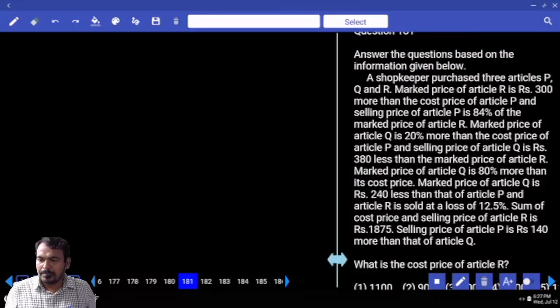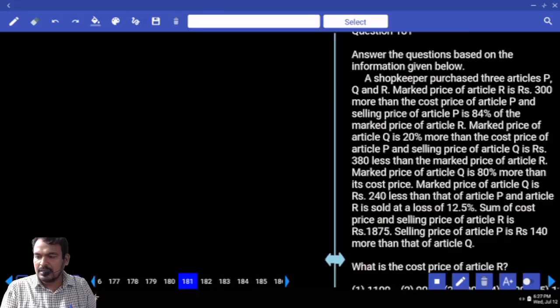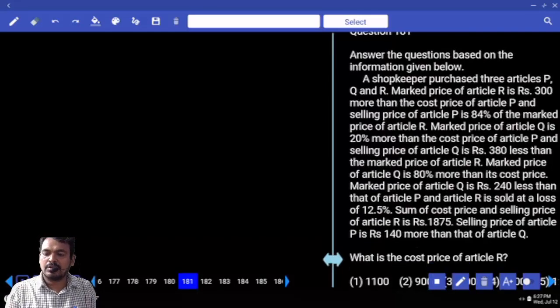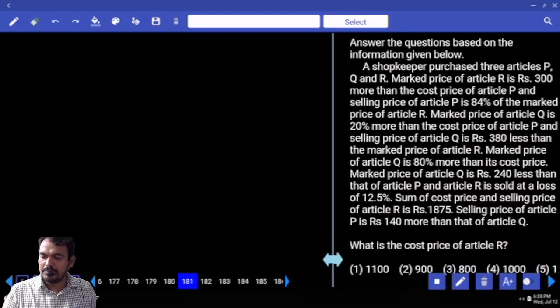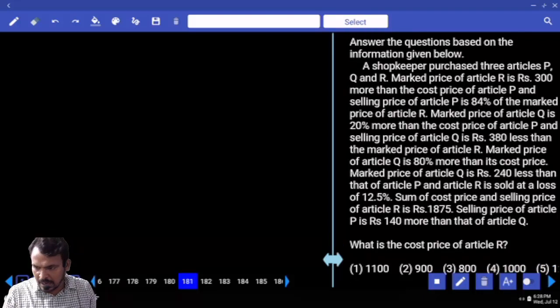A shopkeeper purchased 3 articles P, Q, R. Market price of article R is 300 more than the cost price of article P, and selling price of article P is 84% of the market price of article R. Market price of article Q is 20% more than the cost price of article P, and selling price of article Q is 380 less than the